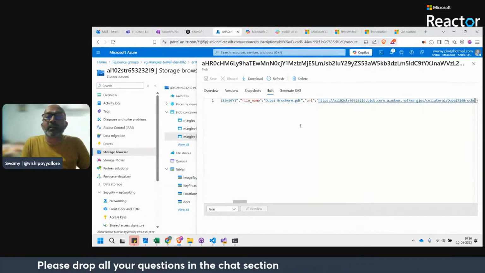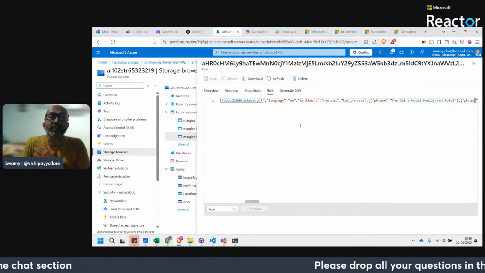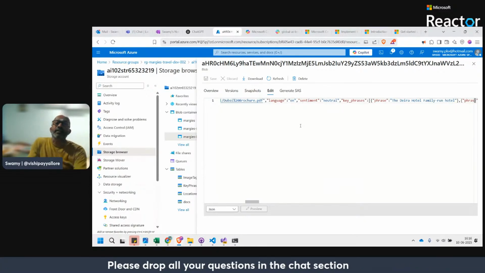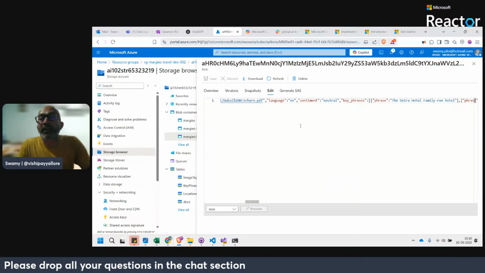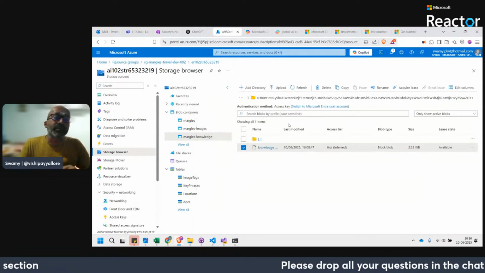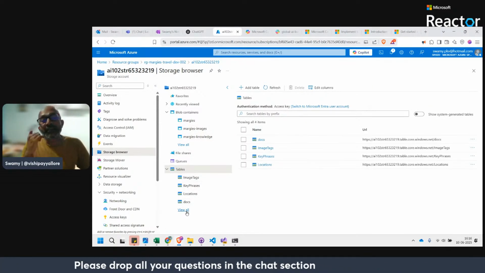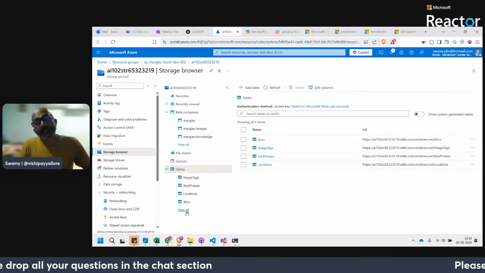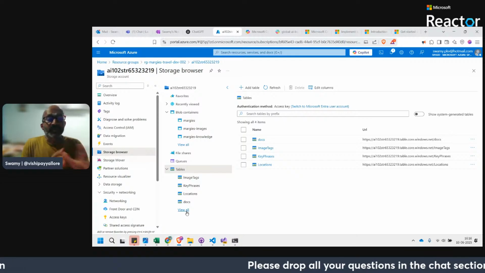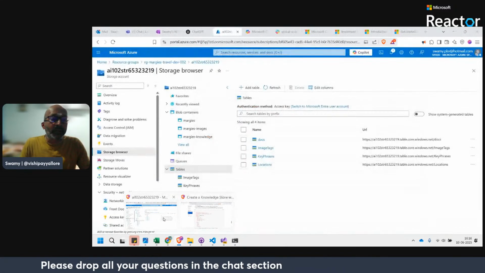The rest of the things you can see: what language, what is the sentiment. It looks like all of this is what is getting extracted, in JSON format, key phrases and everything. So we have seen this to a decent extent. We have seen the images, and the table creation. We saw that docs is the one which stores all the files which were processed. Okay, so that's one which we have completed.